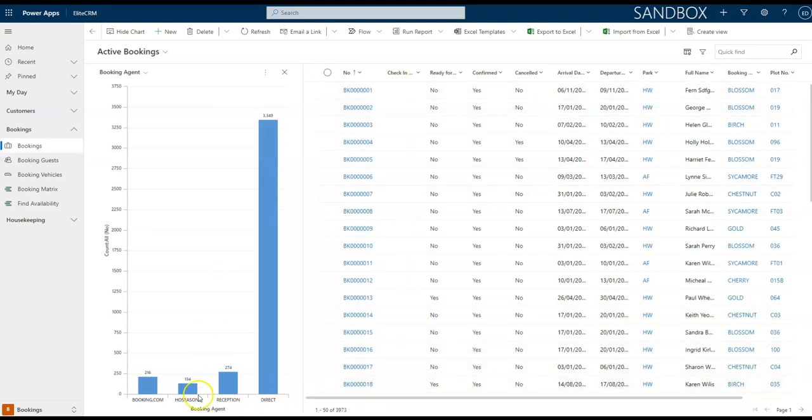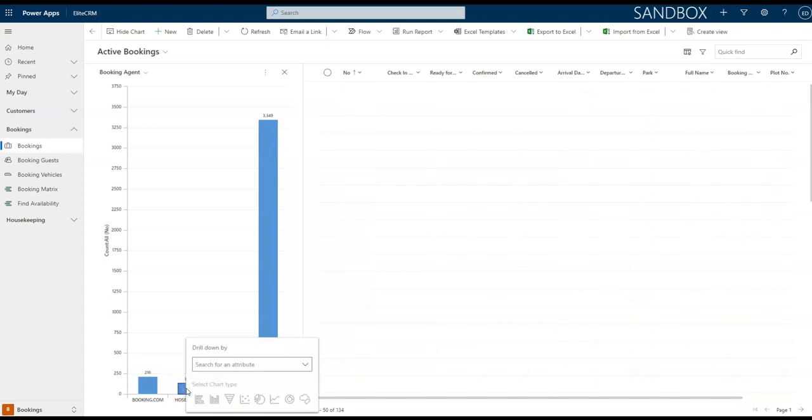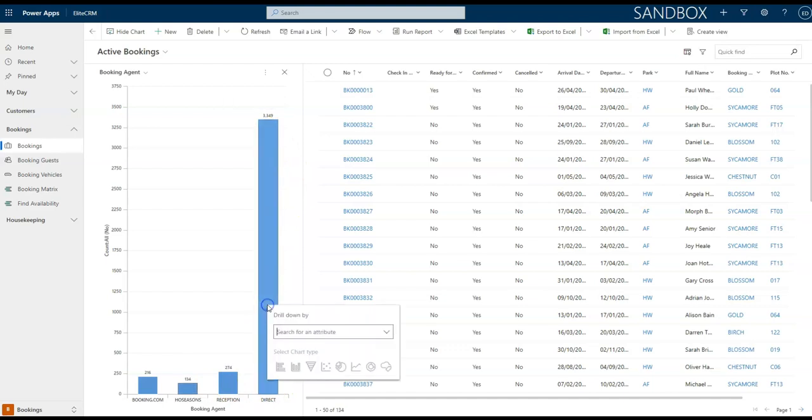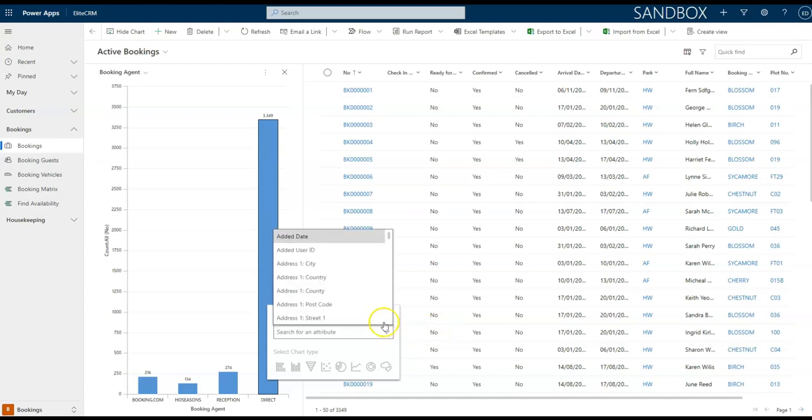So for example, if I click on host seasons 134, that will then configure the list view on the right hand side to 134. And this is where, using those charts, you can drill down into further data. So for example, if I click on the direct bookings here, that then filters the data on the right hand side, but I want to have a look at my direct bookings that are confirmed or not confirmed. So if I just go down here to confirmed,